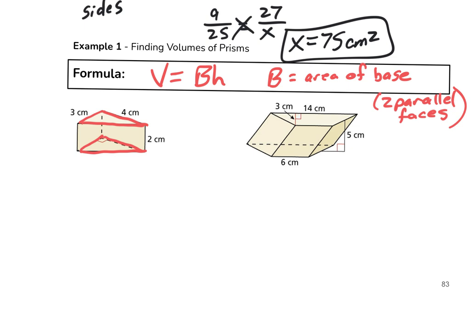These would not be the base, because if I set it down like this, you might say, well, now it's the base, but I don't have another one on top of it just like that, okay? So they have to be parallel to one another. The 2 that are parallel to one another are the 2 triangles that sit like that. And that's why I kind of highlighted those 2. So to find the volume of this,